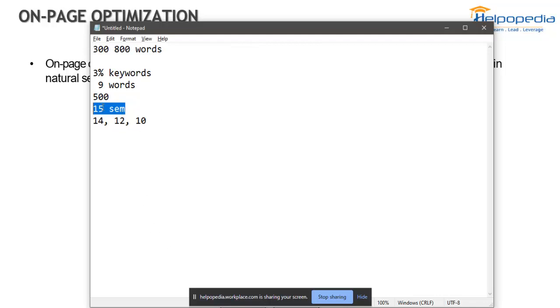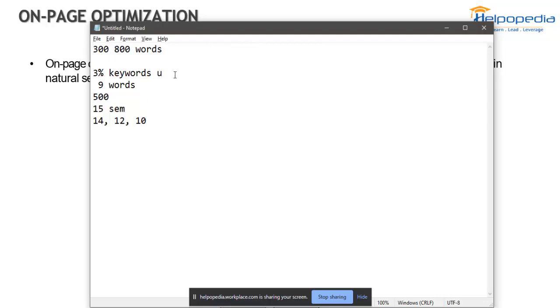Say there is a lot of competition for this particular keyword, then at least with other keywords your content will come up where the competition in search engine is low. At that time we need to use secondary and tertiary keywords like this. So I might use it 14 times, 12 times, 10 times or 9 times, whatever I want to use. So that is keyword usage. So 3% is the keyword usage.